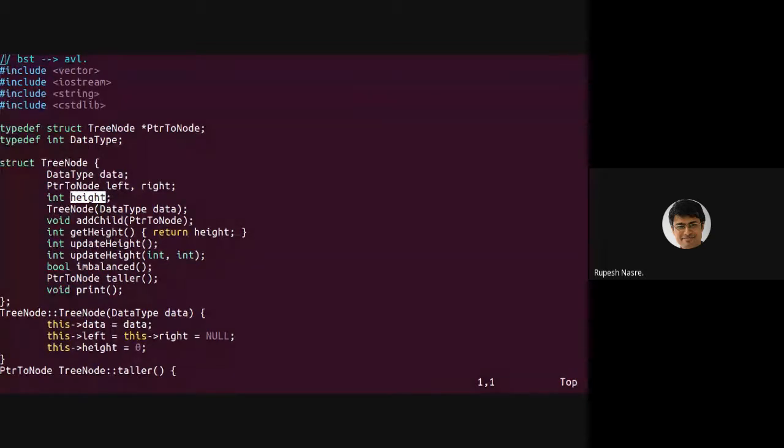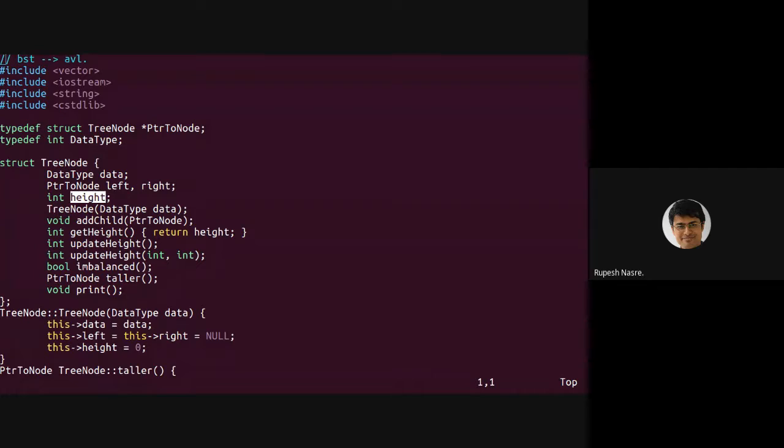So whenever there are rotations, we will have to maintain this height for all the nodes involved. Thankfully, it turns out that this height needs to be adjusted only for the nodes along the path where the insertion is done. So we are usually good with respect to updating this height. It doesn't change the complexity beyond order log n.